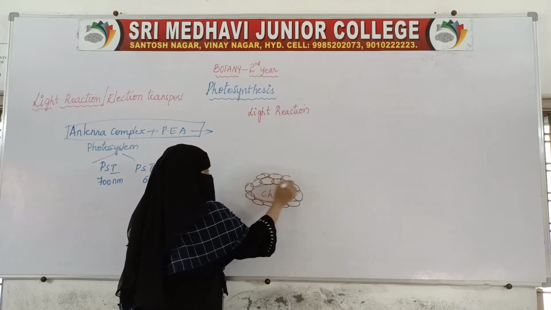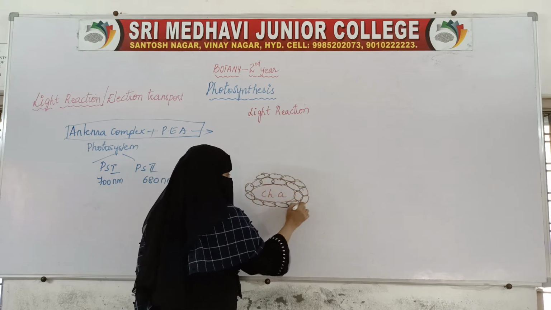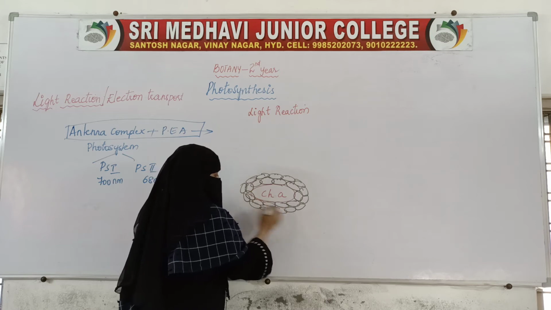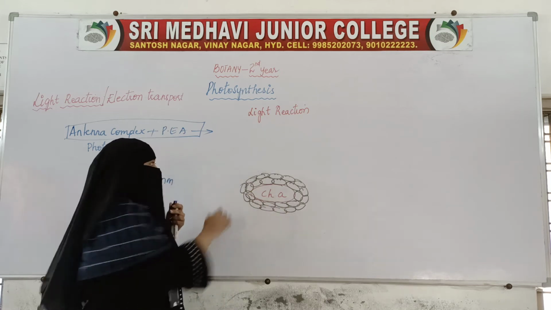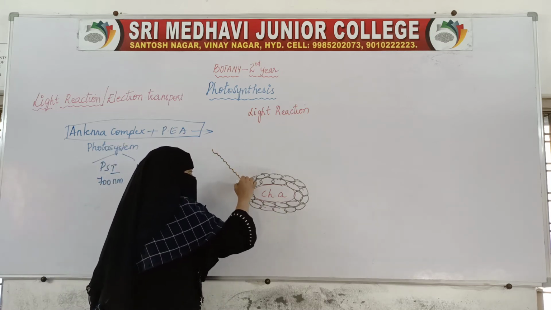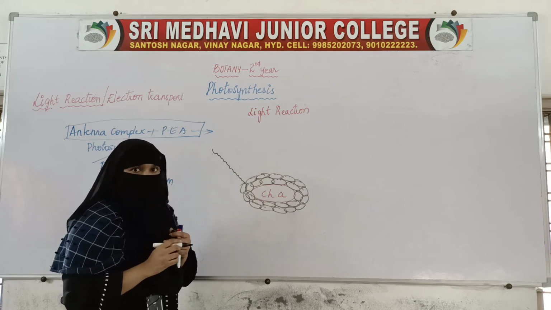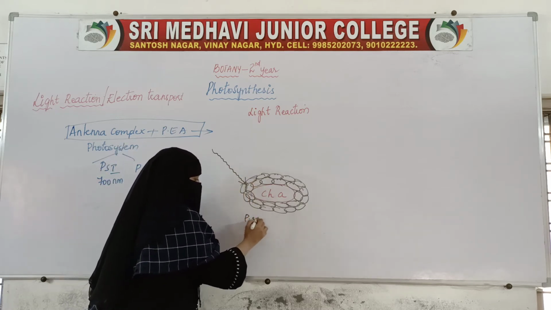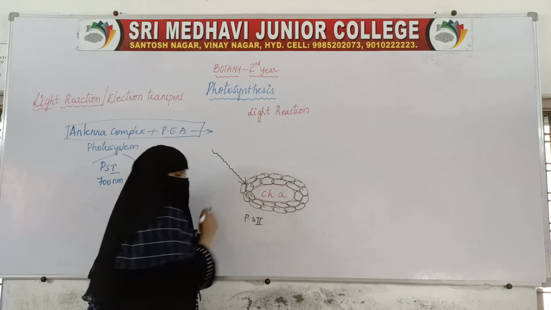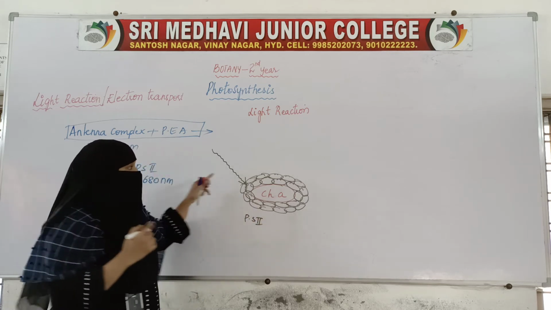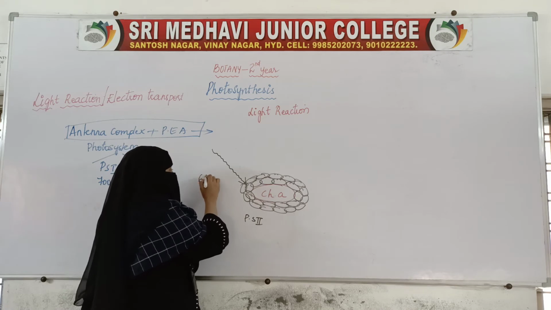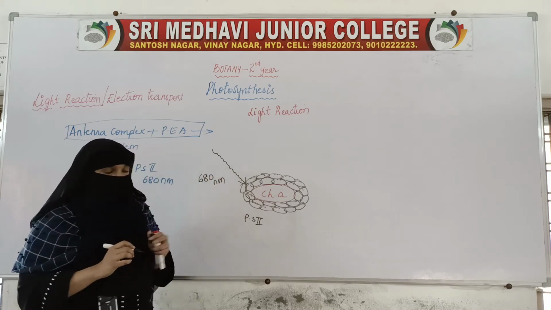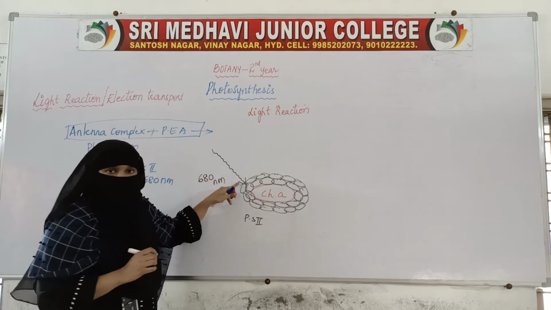When the sunlight falls on it, this photosystem 2 absorbs light of 680 nanometers. So when the sunlight falls on this one,